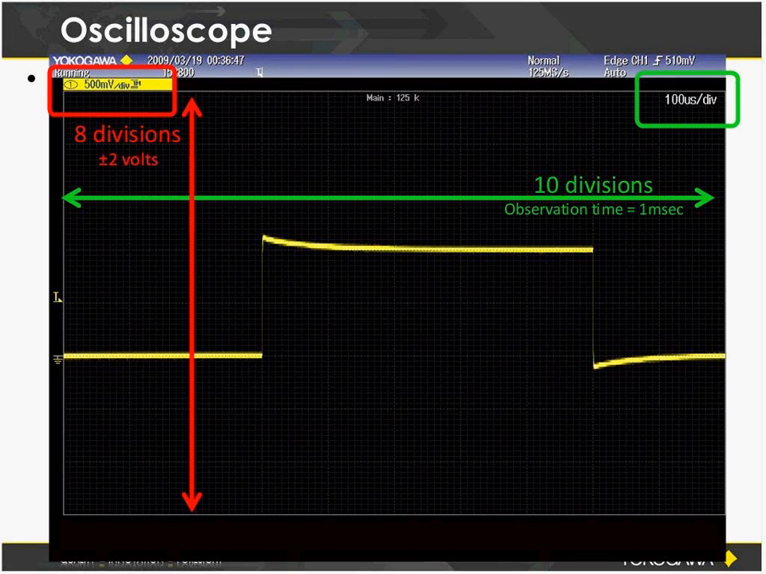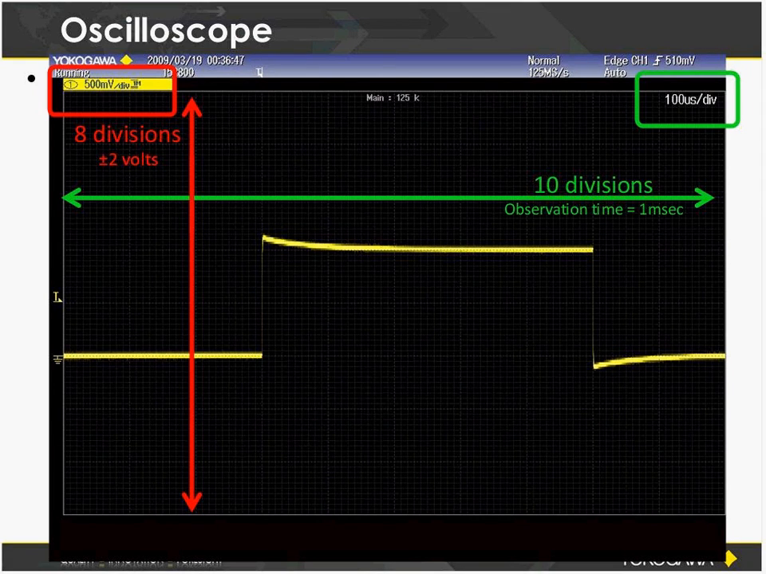for each one of the divisions. And if we count the divisions in the pulse, you'll see there's 5 divisions. So 5 by 100 microseconds means that it's a 500 microsecond or half a millisecond pulse. So that's kind of the nature of how you would interpret the display on an oscilloscope, and every oscilloscope out